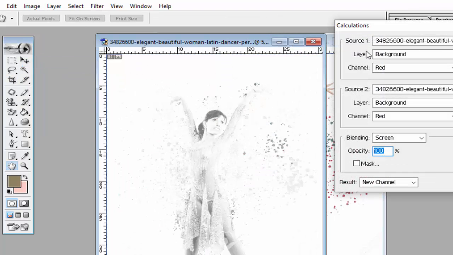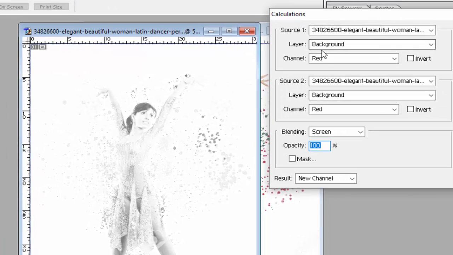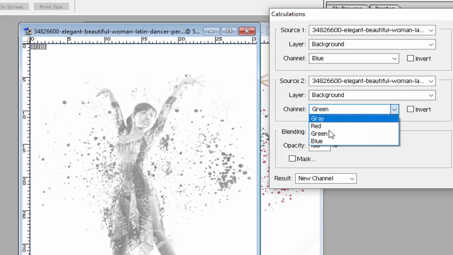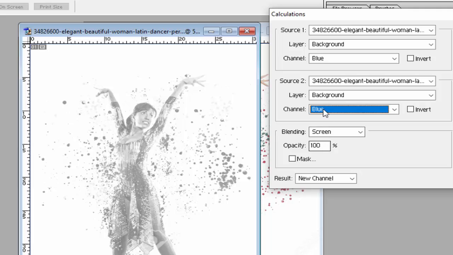This contains two parts, Source 1 and Source 2. You can adjust the green, blue and red colors from Source 1, and you can adjust these colors in Source 2 also, like this. This option divides your image into two sources, Source 1 and Source 2, to adjust the color.